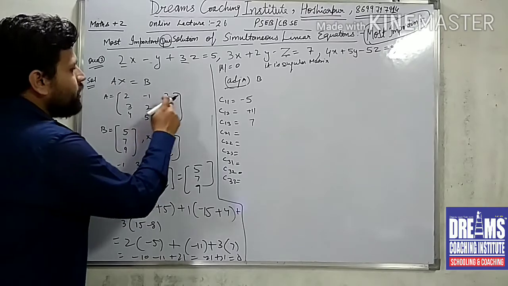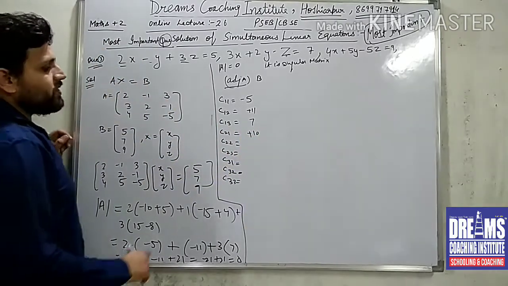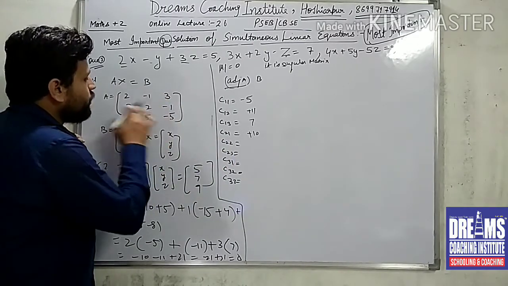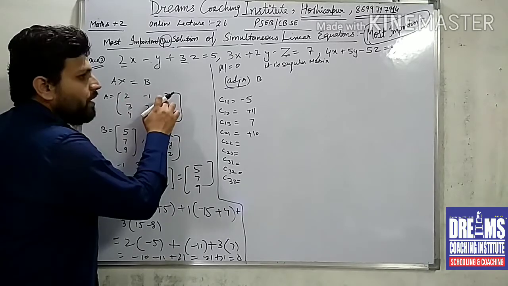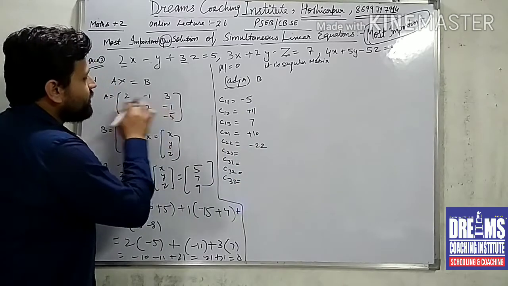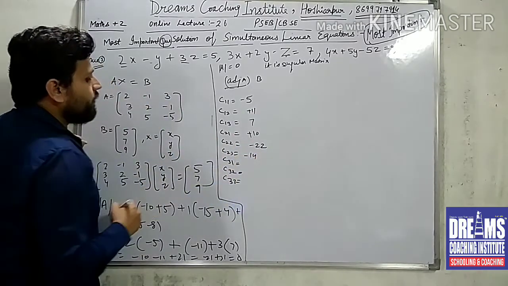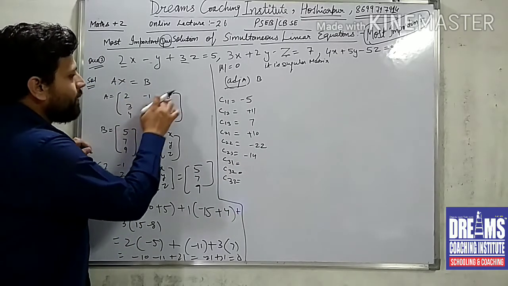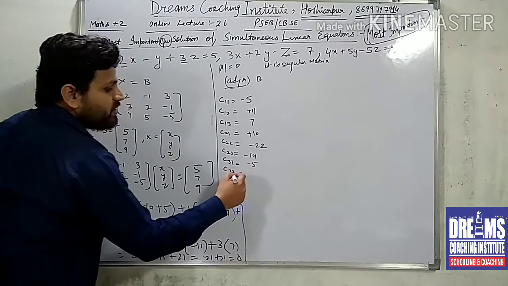So now for this element, this is minus minus plus 5. 5 minus 15 is minus 10. This is minus 10. So C21 will be minus minus plus 10. So the C22. So for this we need to find minus 10 minus 12, which is minus 22. So this is minus 22. C23 will be this element. This is 5 minus 10 plus 4, 14. So this is C23. 3 1 के लिए बेटा इस रो कॉलम के लिए माइनस माइनस प्लस 1 1 minus 6 minus 5. So this is minus 5.